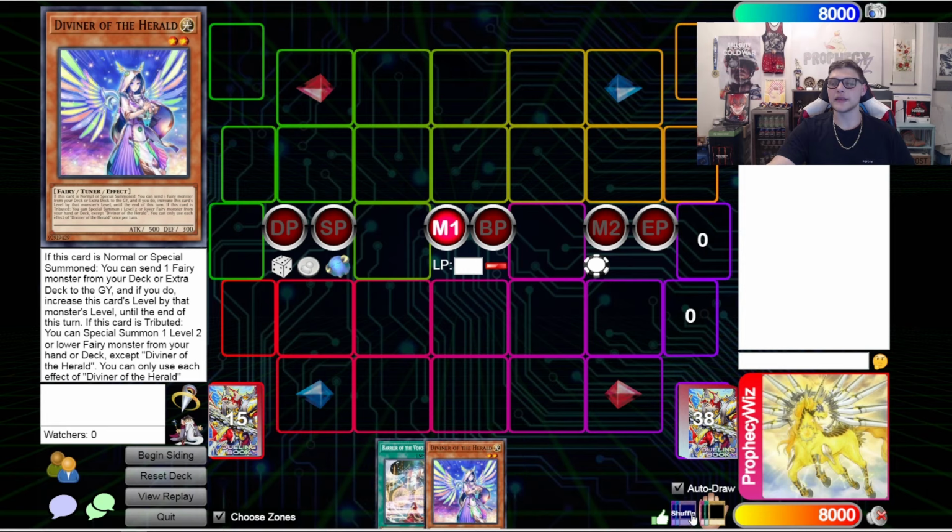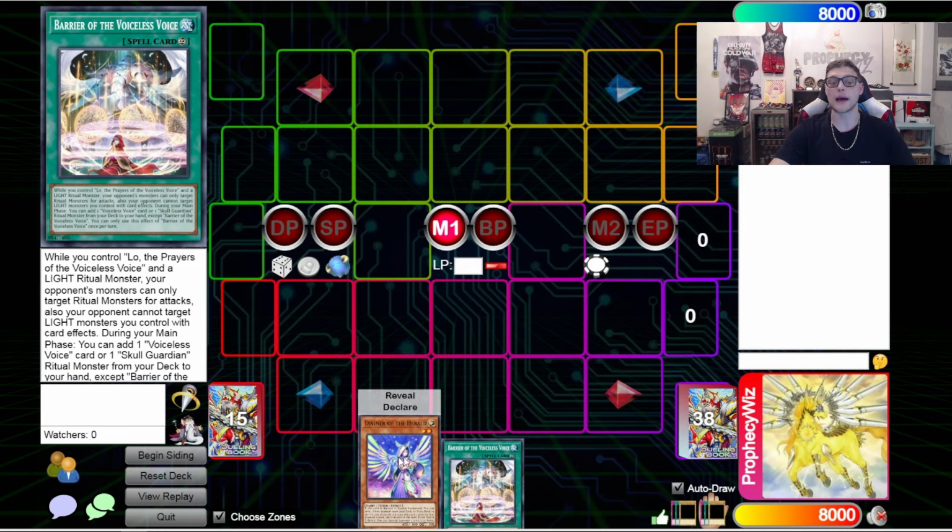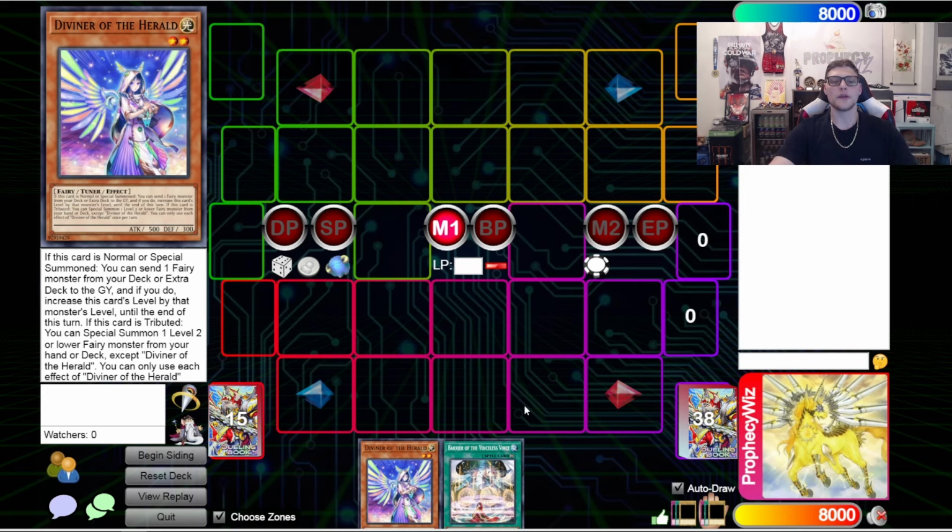The best combo in the deck is definitely going to be Diviner Barrier. It's not close, which is why I oftentimes think it's funny when people say, hey, are you sure we have to play Diviner in the deck? I want to actually play this instead. Everybody's welcome to play whatever they want, but the best combo in the deck is by far with Diviner. So let's get right into that,